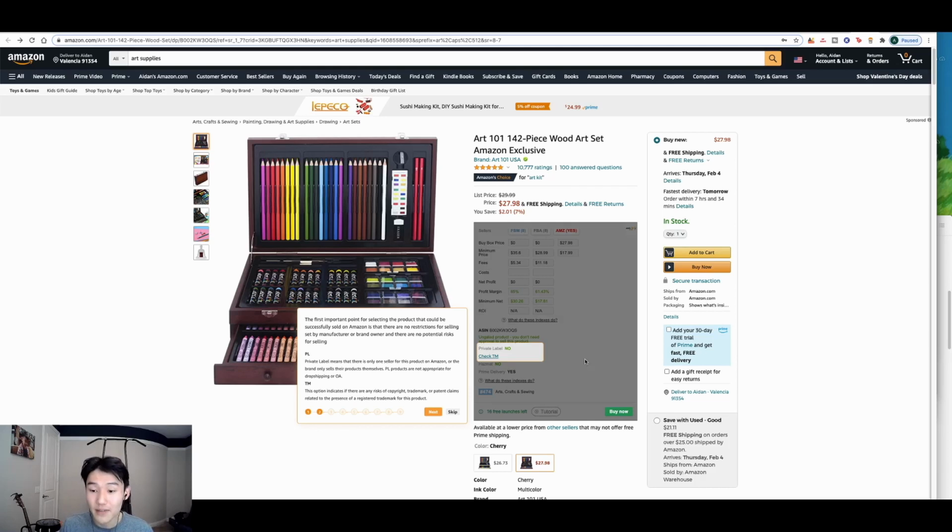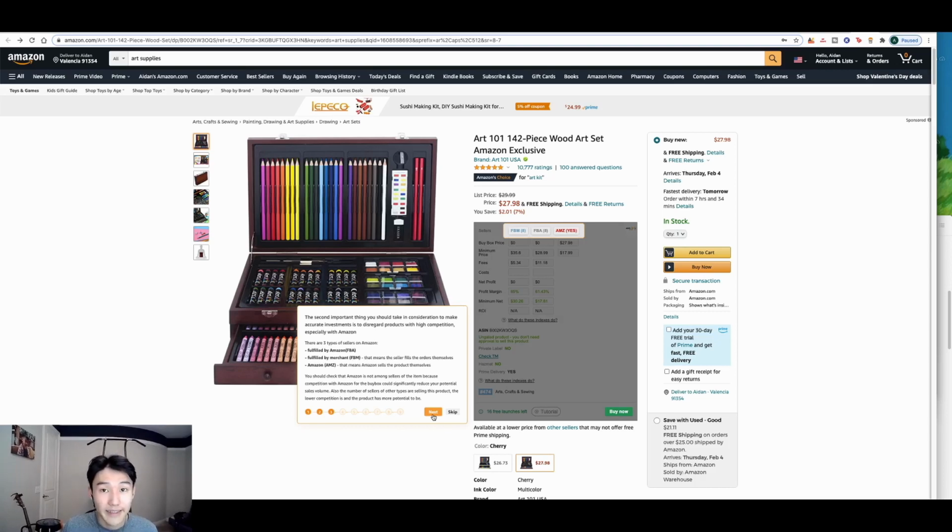But in this case, private label, it's a no. At least that's what my Chrome extension is saying. That's what AMZScout is telling me. So that's a good sign. You can also check for any trademark, as it says right here, check TM. You can check for any trademark or infringing copyright, any risks that may come with this product, you can check it there. Going on to the next feature, it's honing in now on these little top